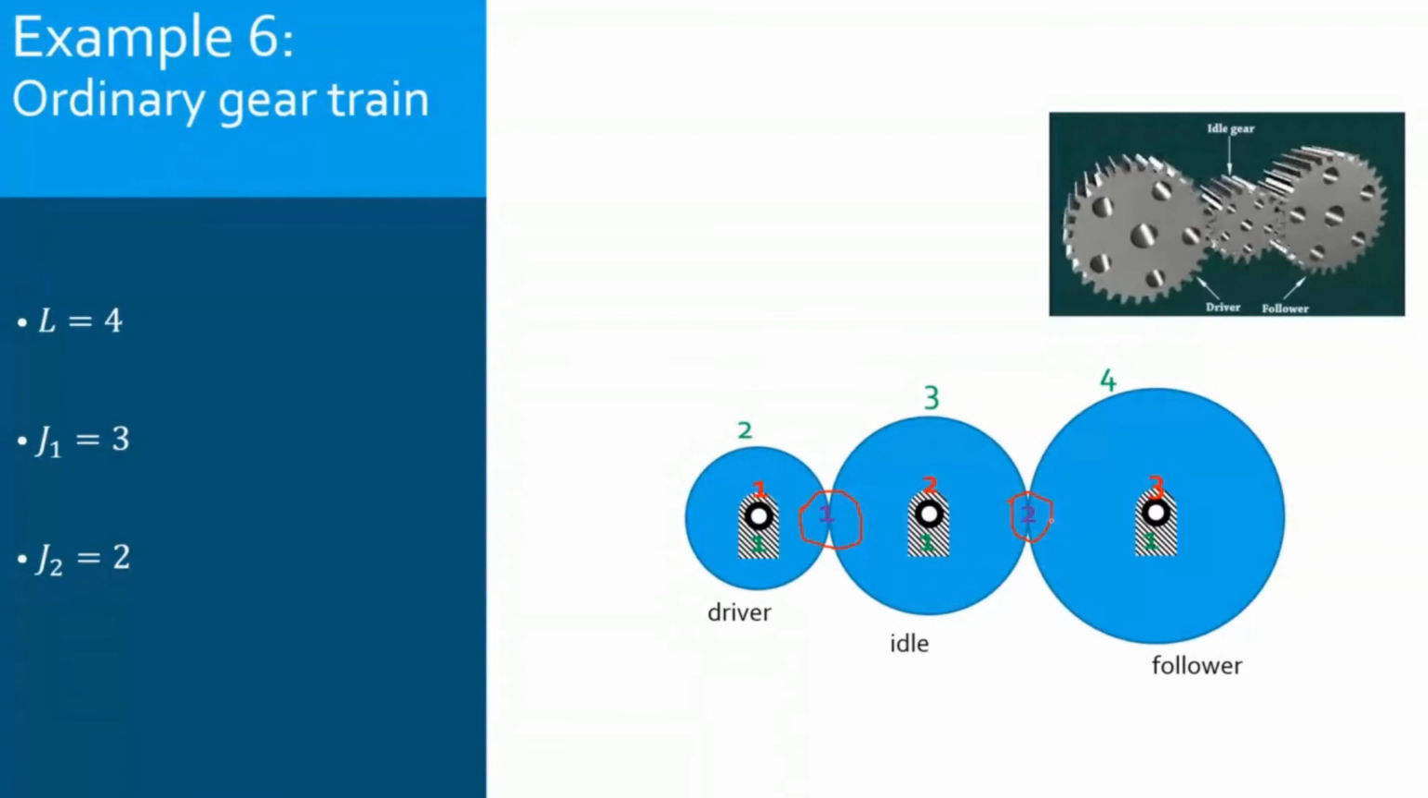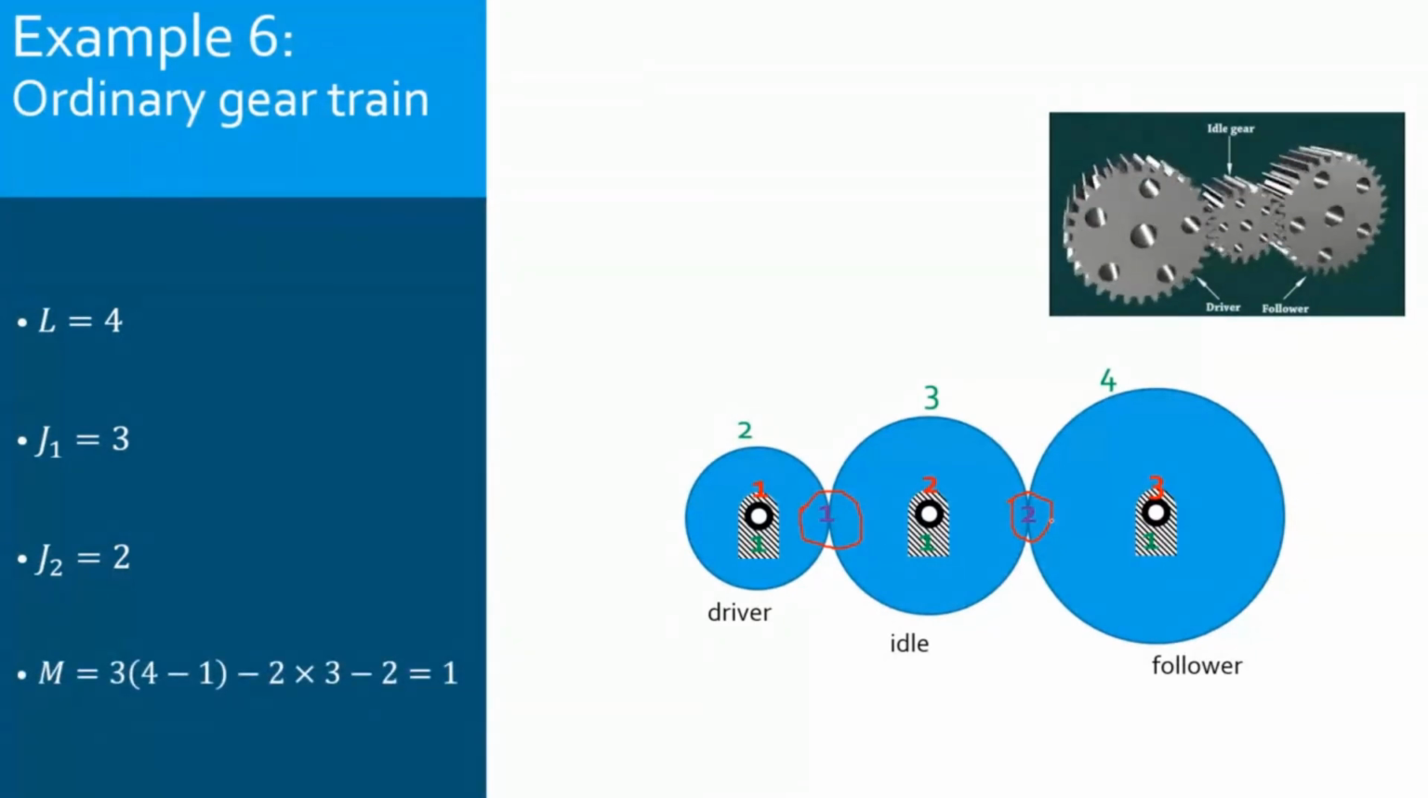So if I substitute, I will have M equals 3 times (4 minus 1), 4 links minus 1, minus 2 times the 3 pin joints, minus 2 for the 2 gear connections. And I will have a mobility equal to 1, which is expected, as for this ordinary gear train I can have only 1 input. If I drive this gear, which is here, the gear 2,